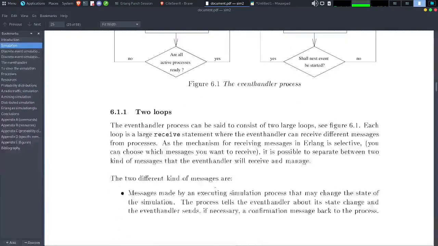Okay. Two loops. The event handler process can be said to consist of two large loops. Each loop is a large receive statement where the event handler can receive different messages from processes. As the mechanism for receiving messages in Erlang is selective, you can choose which message you want to receive.